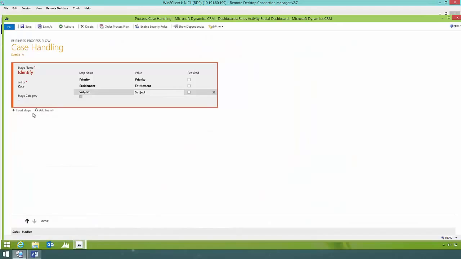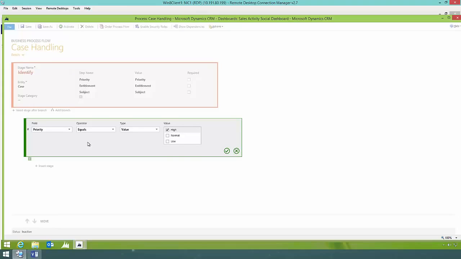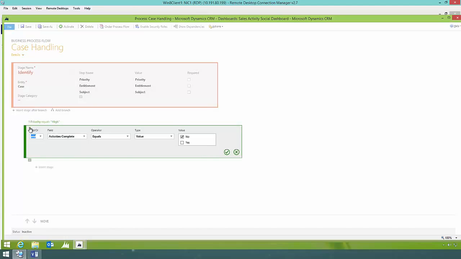To do that, I'm going to go ahead and click on add a branch. Here it's asking for my if condition expression. So if priority equals high, and, so I need to define an and. To do that, I can just click on this button, which adds a condition. And